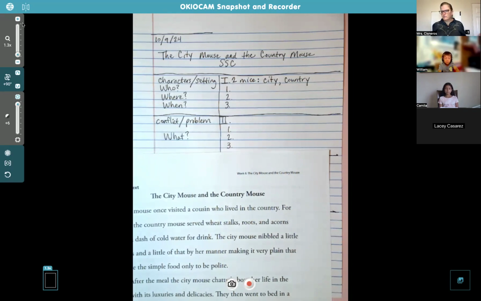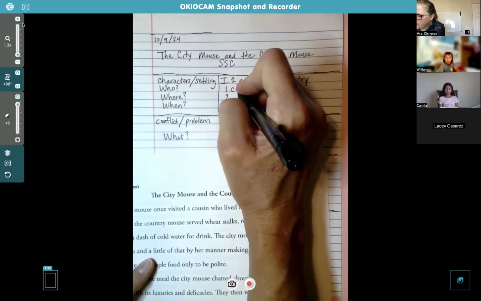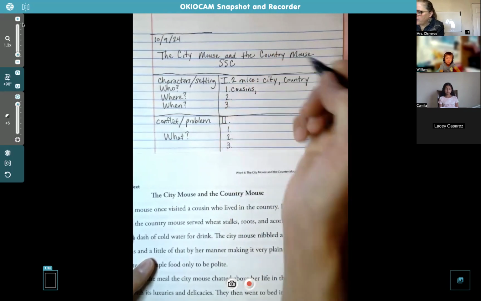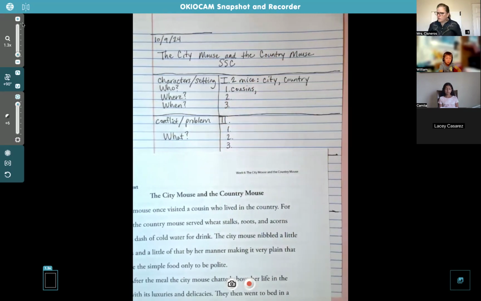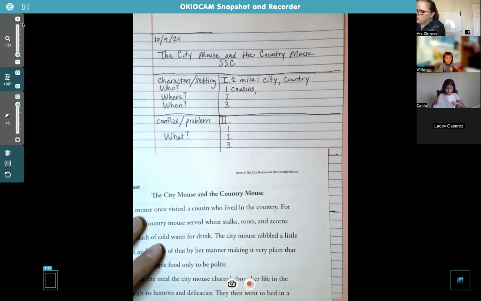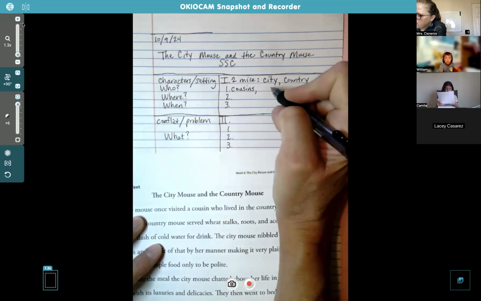And then, William, how do they know each other? They are cousins. So let's put that. They're cousins. And then the city mouse, she's visiting the country mouse, right? That's how it starts. The first part is the city mouse is visiting the country mouse house. So we can put